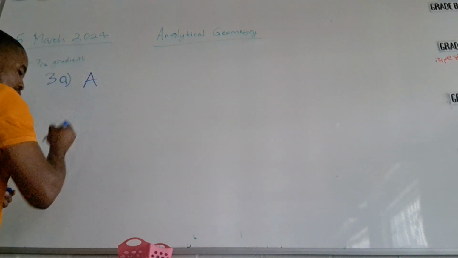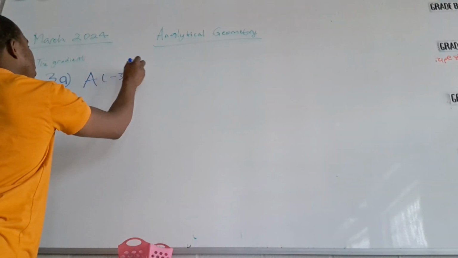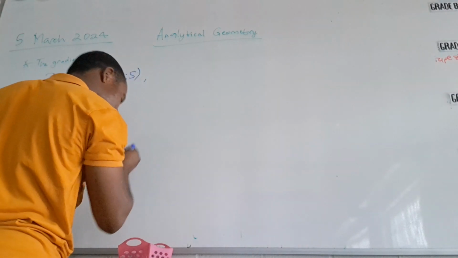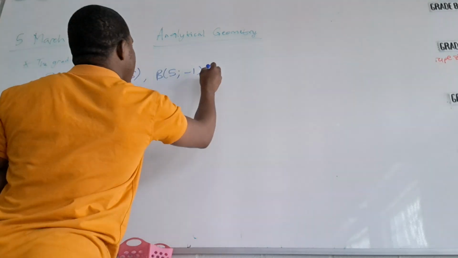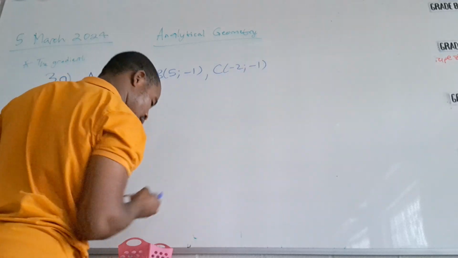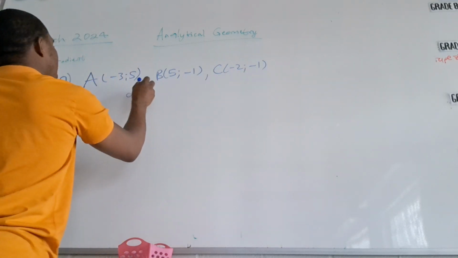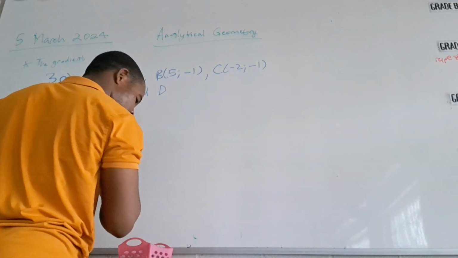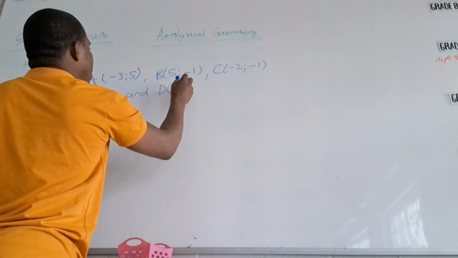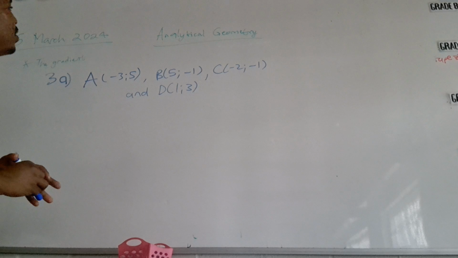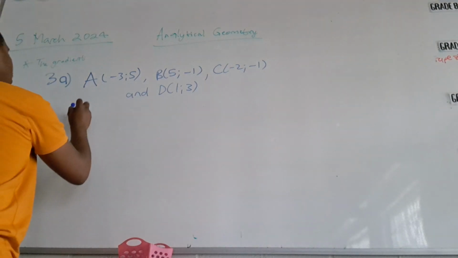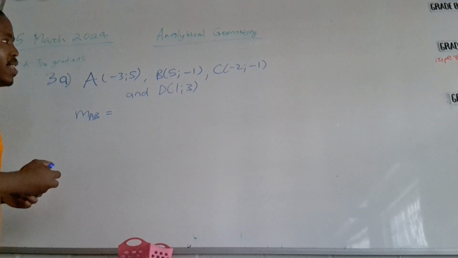So the coordinates: A is negative 3, 5. Then you have B, which is 5 and negative 1. And then you have C, which is negative 2, minus 1. Then you have D, which is 1 and 3. Now we're going to work out the gradient of AB, because we have two lines, AB and